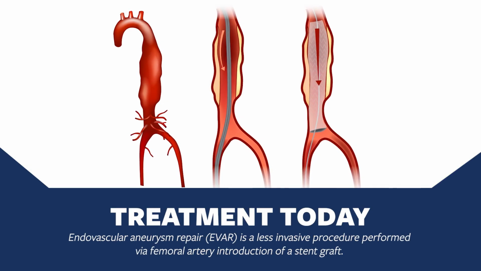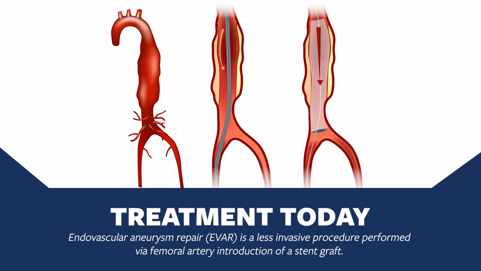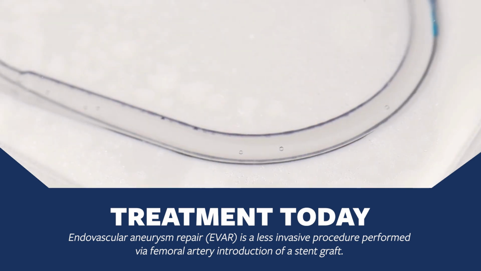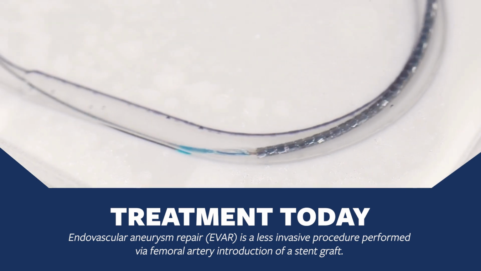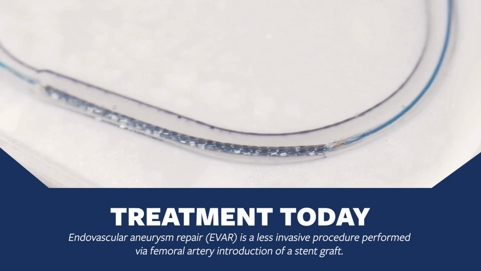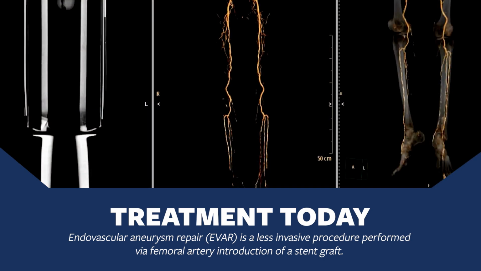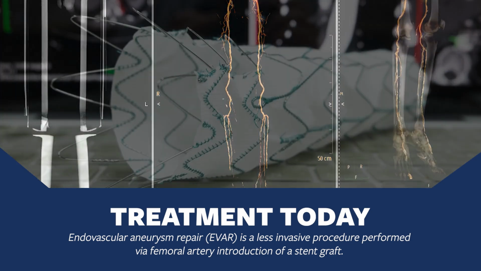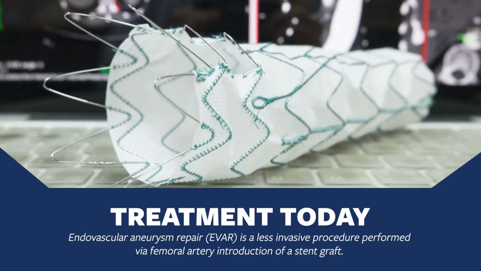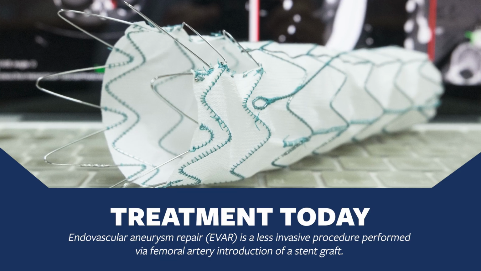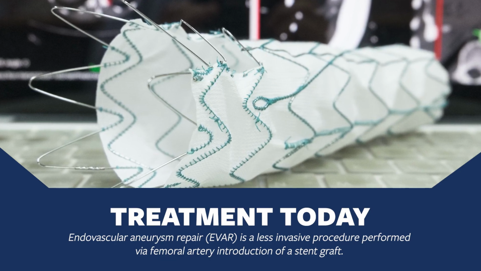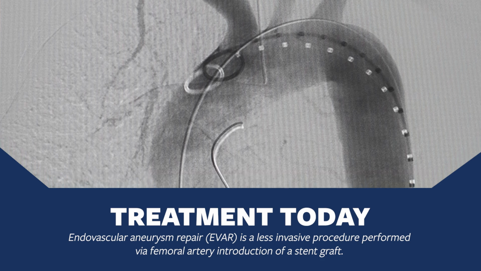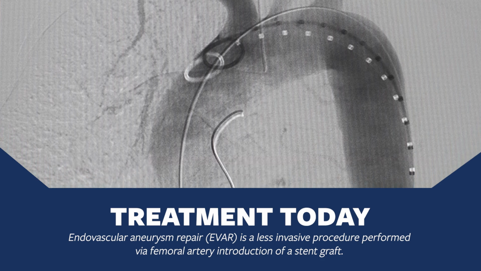Since 1970s, a significantly less invasive procedure was introduced that is called EVAR, or endovascular repair of abdominal aortic aneurysm. This procedure can be done without general anesthesia, without abdominal incision, and is typically done via femoral artery introduction of a stent graft that can exclude the abdominal aortic aneurysm as effectively as surgery. This procedure is particularly beneficial for individuals that are at high risk for general anesthesia, such as patients with various heart conditions and or lung diseases.